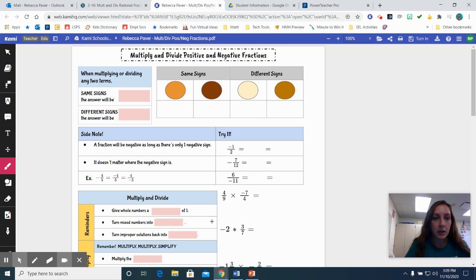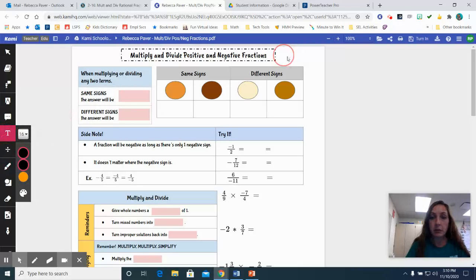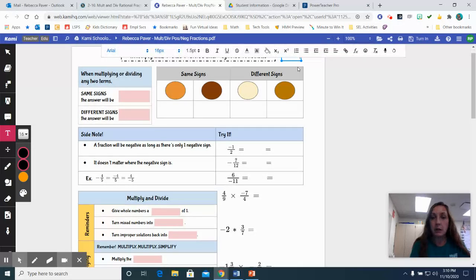Hi everyone, this video is to go over 2-16, multiplying and dividing rational fractions. The first page is a page that we intend to do together, but if you are absent or you are working from home on the day that we are doing this, please make sure that you continue to watch this video. First thing I'll do is grab a text box to be able to type my name